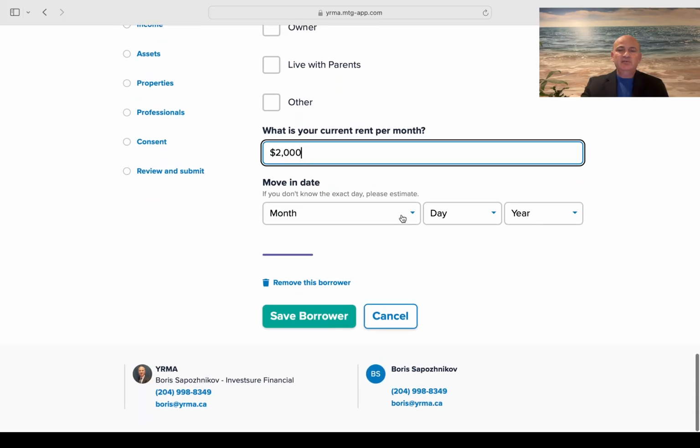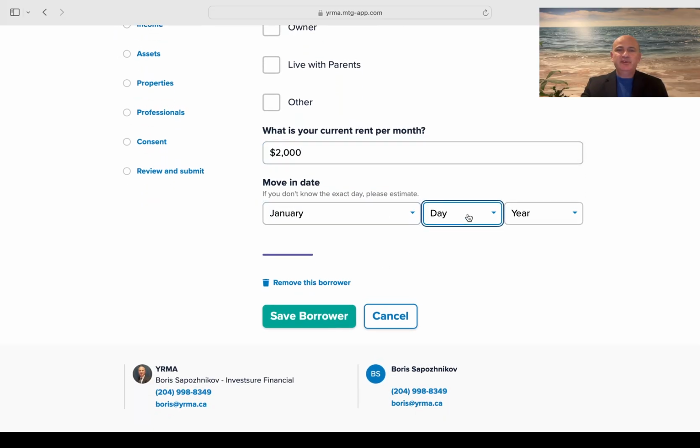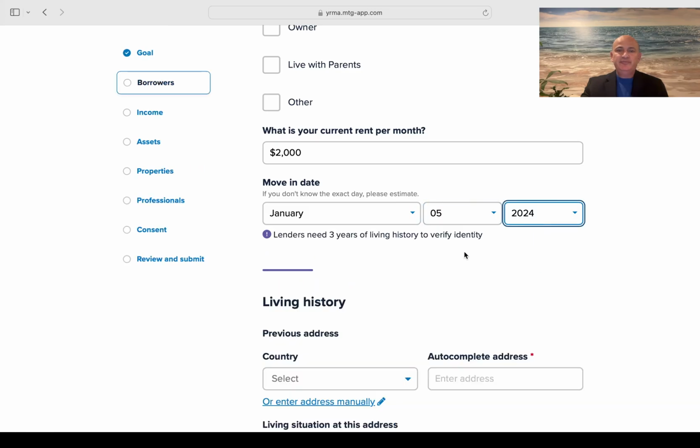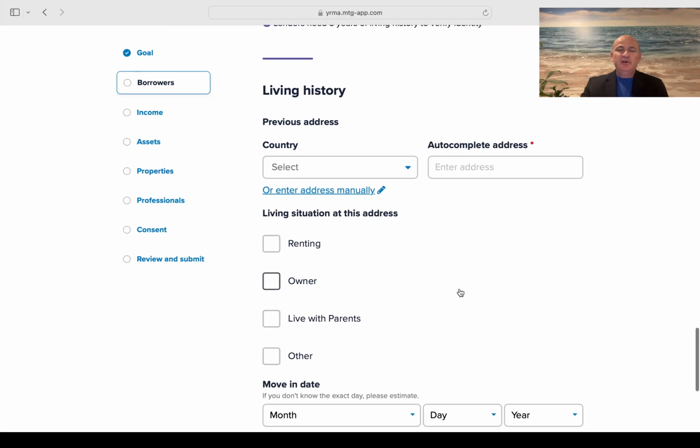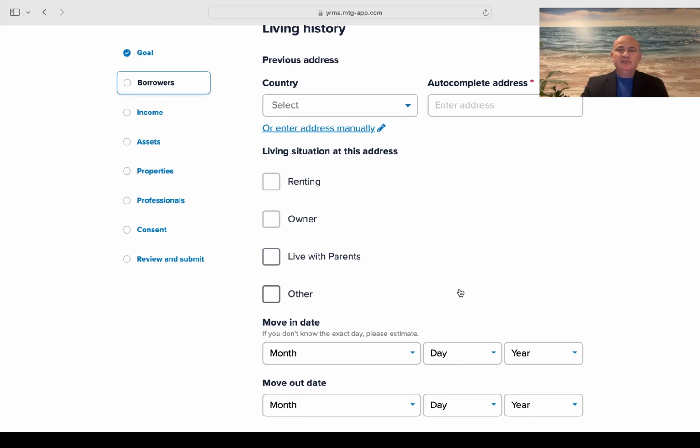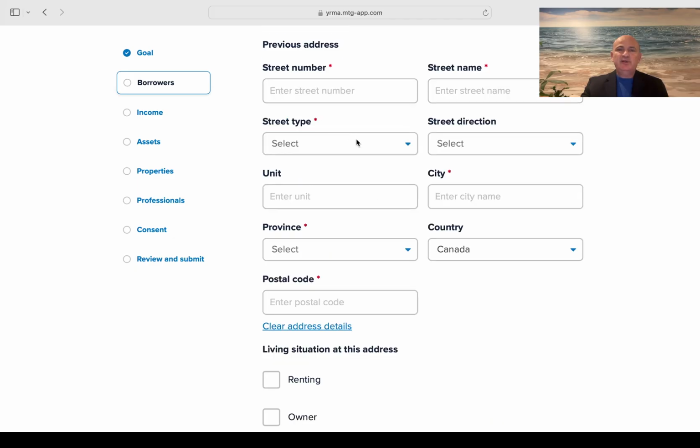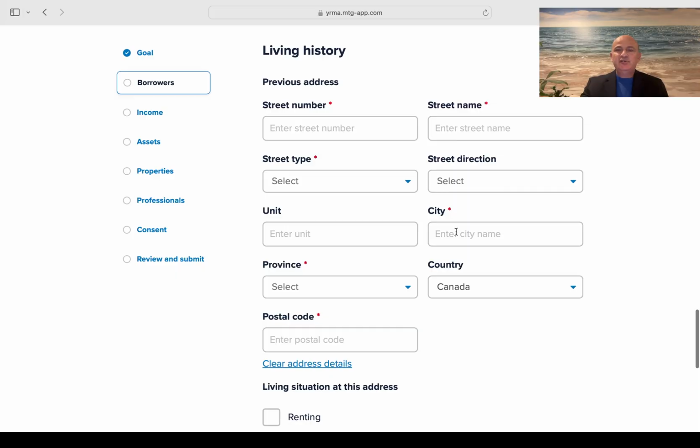in around January 5th 2024. Of course I need to fill out previous information, as again I need to enter the address manually, and let's say she is from Chernivtsi, so Chernivtsi, Ukraine,